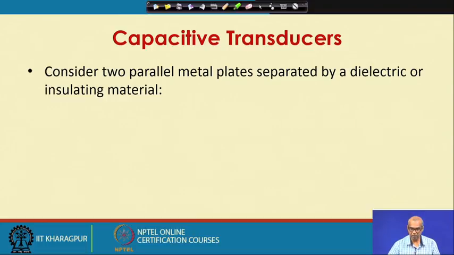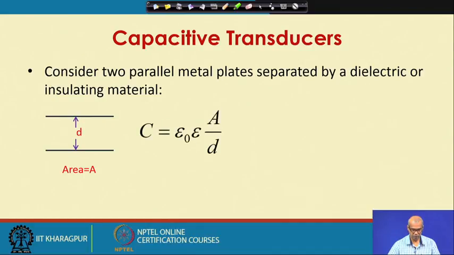Consider two parallel metal plates separated by a dielectric or insulating material. So, there are two metal plates, they are separated by a distance d, with area equal to A, and they are separated by a dielectric or insulating material. So, a dielectric or insulating material is in between these two plates. The capacitance under such circumstances can be expressed as the equation shown,